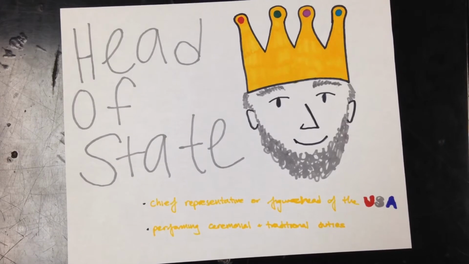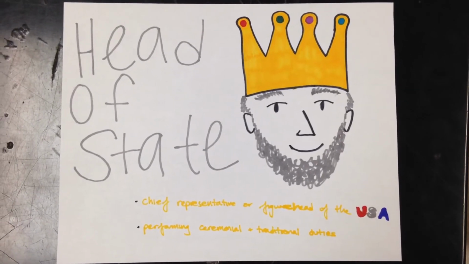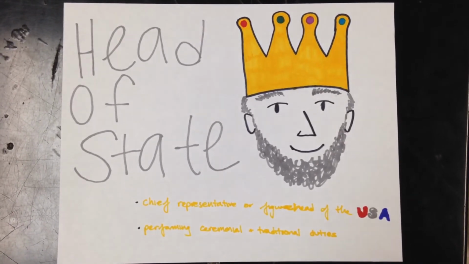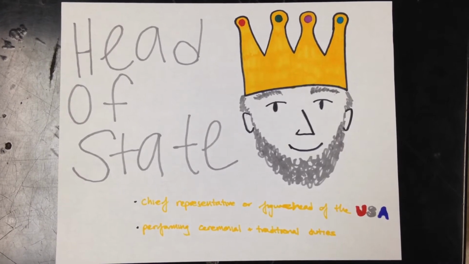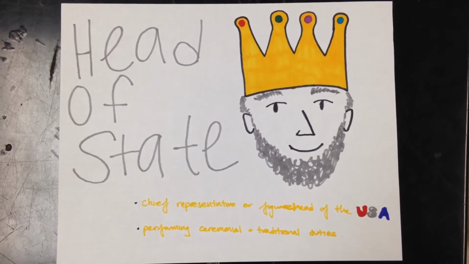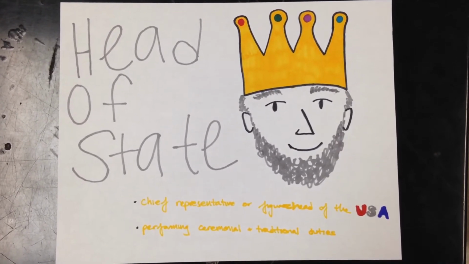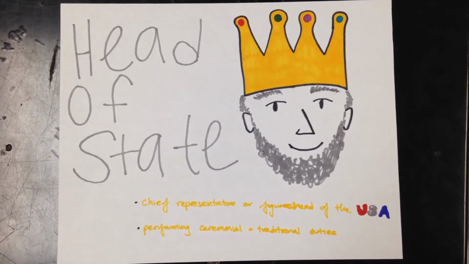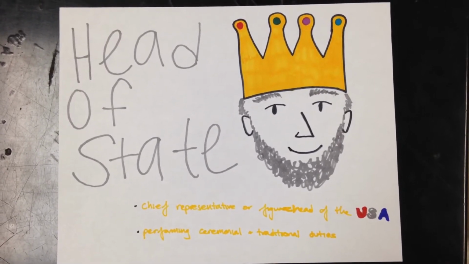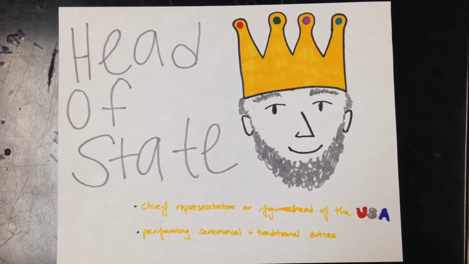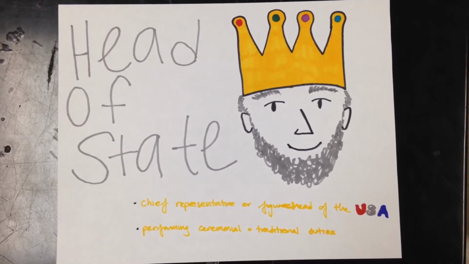As the head of state, the president serves as the chief public representative of the country. This role is much like that of a king or a queen in Britain, in that the duties are ceremonial and the president serves as a figurehead. Examples of the president's role as the head of state include the president formally honoring or congratulating high-achieving U.S. citizens, or speaking in a time of crisis or on a national holiday.